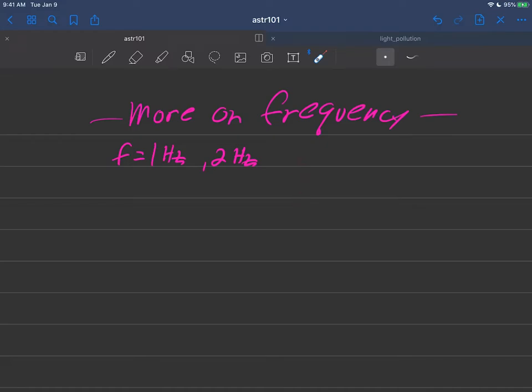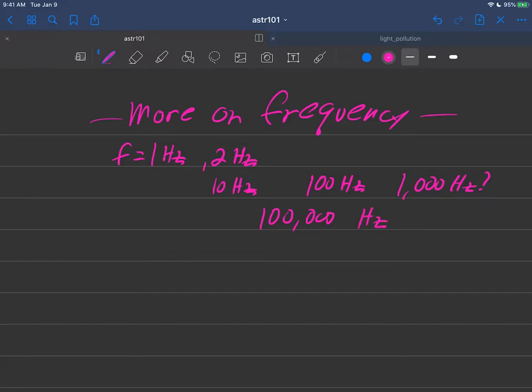Is it possible to go up to 10 hertz, 10 times per second? How about 100 hertz? Or how about even 1,000 hertz? Or what prevents us from stopping there? How about 100,000 hertz? Is it possible to make something go up and down 100,000 times per second? Turns out it is. And you can bet when you're dealing with light, which is our underlying topic right here,